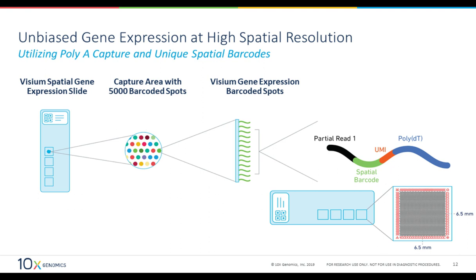And you can see here a blow-up of one of those capture areas, and it is a square shape that in the black regions contains all of these barcoded spots, and that is a 6.5 by 6.5 millimeter square area. And on the outside of that, you can see these red dots, and what these red dots are is what we call a fiducial frame. What that is, is larger dots that don't contain any kind of spatial information, nor do they pick up RNA,